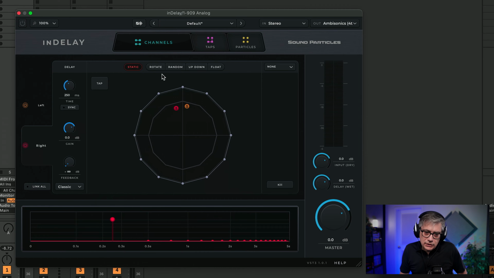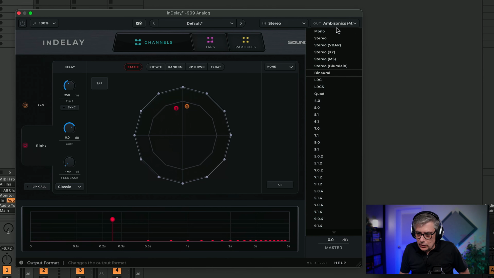Now, the way to read this is that this is the top-down view of a semisphere. And that's actually going to become a bit of an issue, because at least I was not able to select anything that is below the listener position. In this view, I could only select things that are above the listener position. I'm going to come back to that. That might not be an issue depending on how you're going to use InDelay.